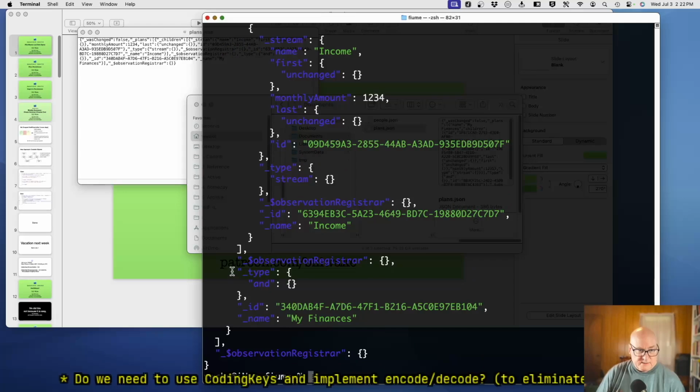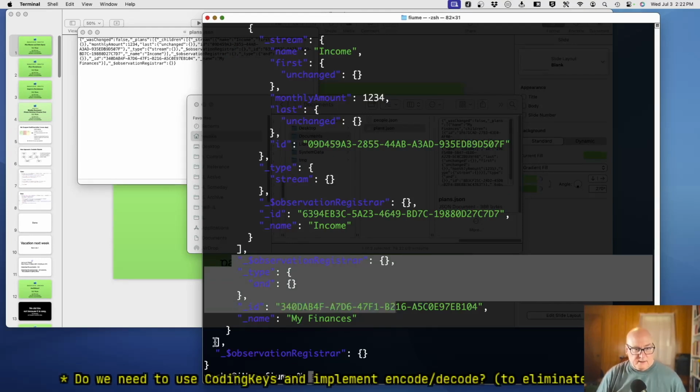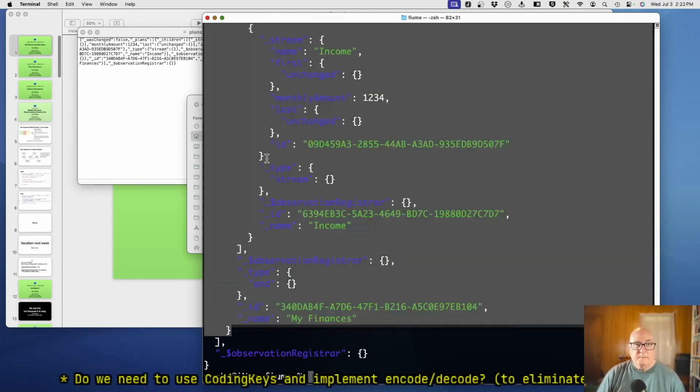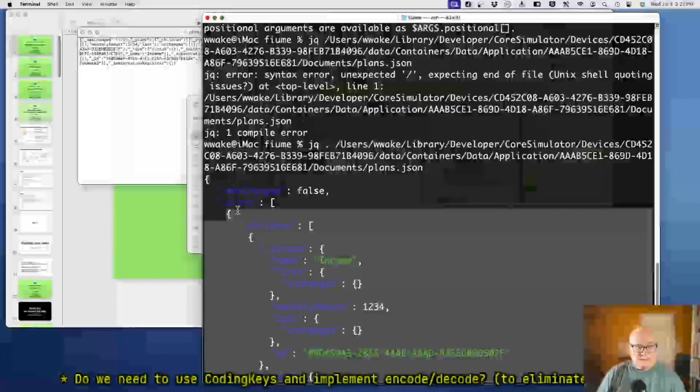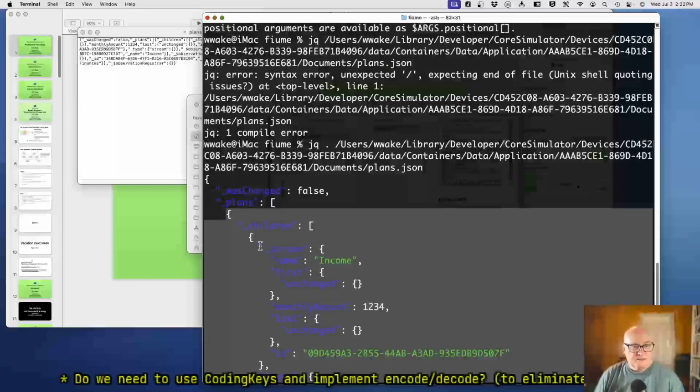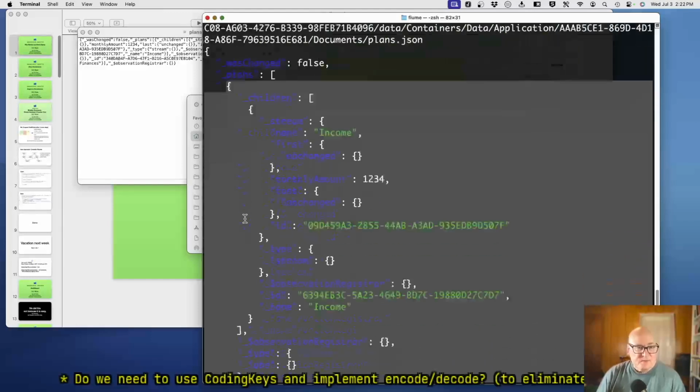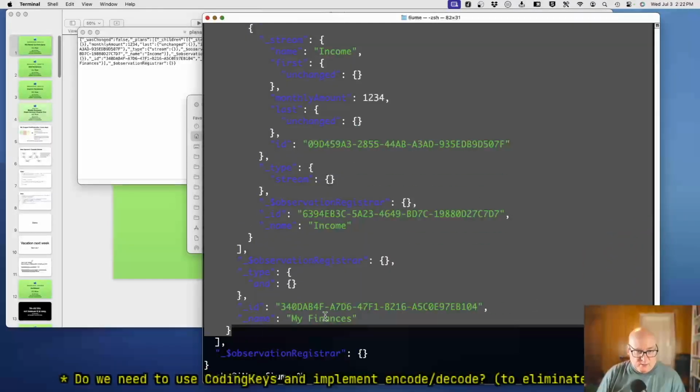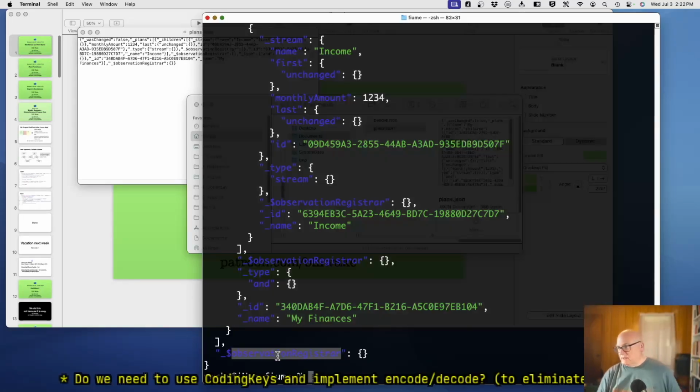Now this is our array. Yeah. I didn't know it would match parentheses when I clicked in terminal before. That's nice. Okay, so here's our plans. We have one plan, my finances, and a top level observation registrar.